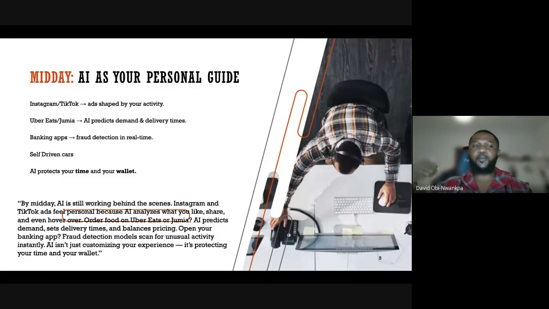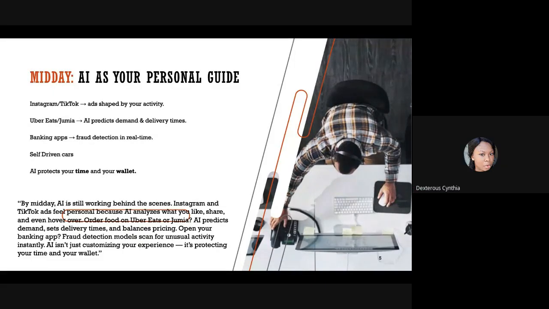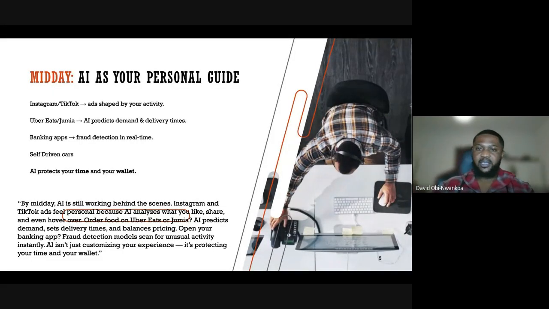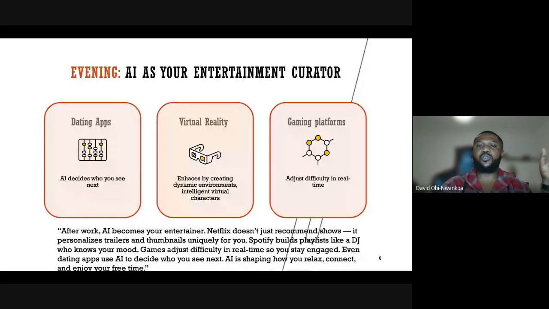So in that regard, we have different parent companies coming up with different innovations, like the one you just made mention of, the Sora AI, and they've also got the Nano Banana. These guys are doing meticulous work in the innovation industry by bringing up real-time technology, by training, just so life is easiest for everyone. Yeah, that's 100% correct. So that's AI in our midday. Let me head on to AI as our entertainment curator in the evening.